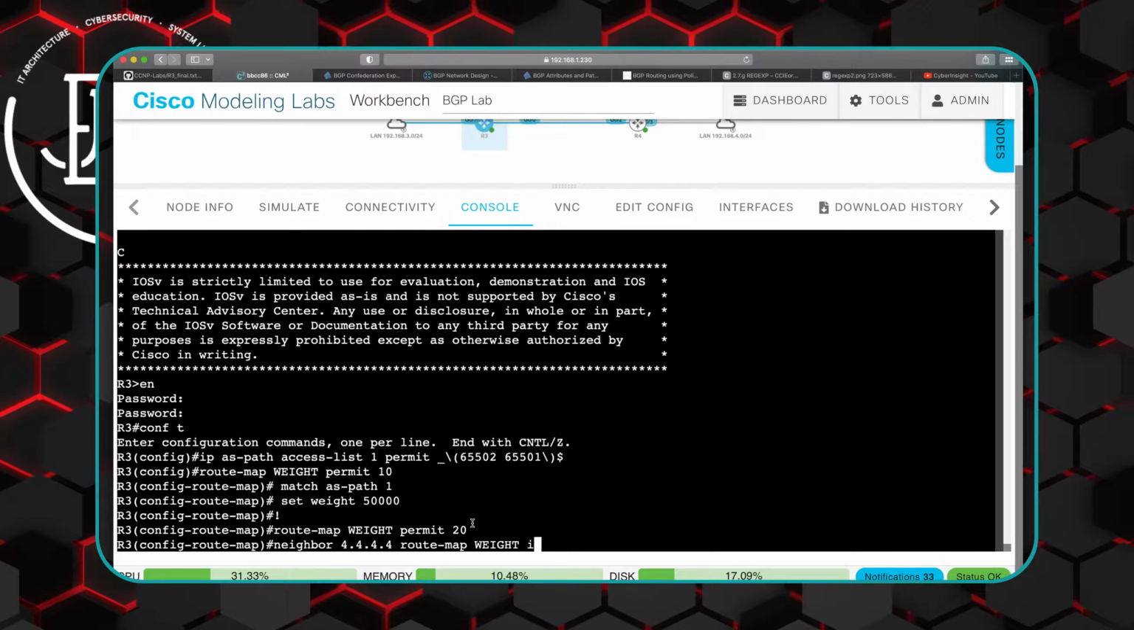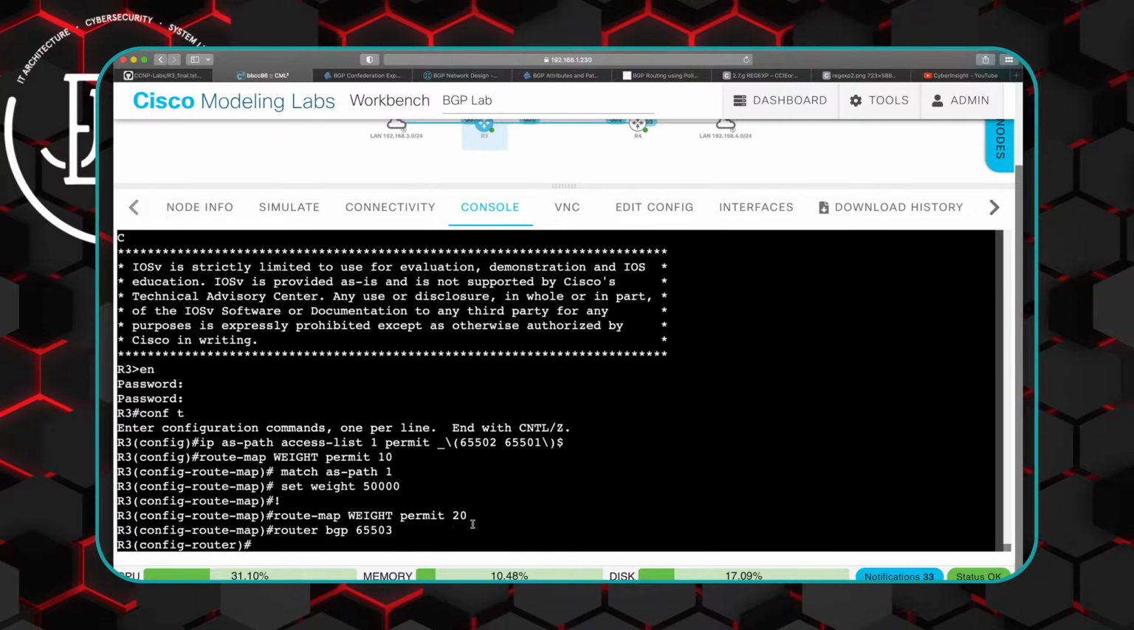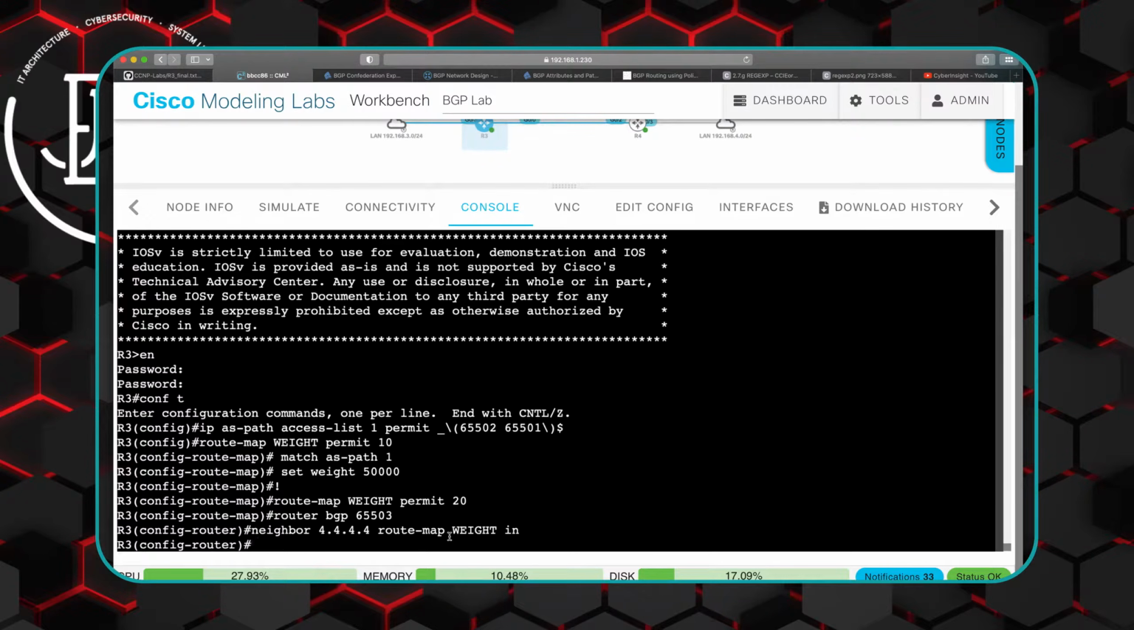Oh, let me get my right router BGP 65503. Let's try that. There we go. Okay. Now we should be able to verify that this change actually did modify, and what we're expecting to see is the weight actually change for that route. So if we do a do show IP BGP,